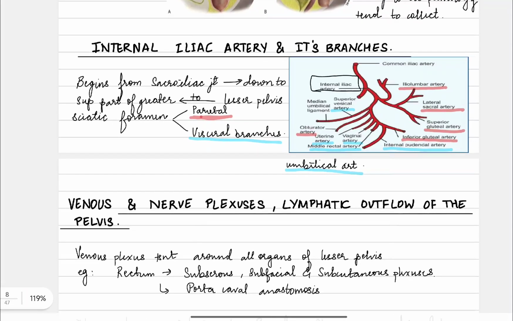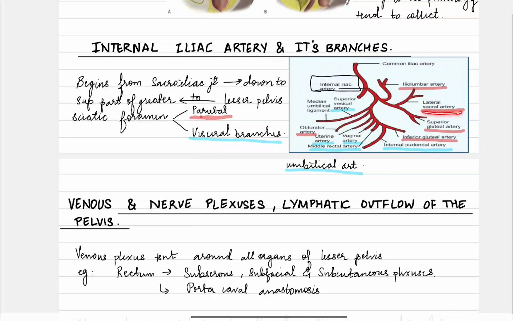Now we move on to the vessels: the internal iliac artery and its branches. It begins at the sacroiliac joint, goes down to the lesser pelvis, to the superior part of the greater sciatic foramen. Then it divides into parietal and visceral branches. Now the parietal branches are